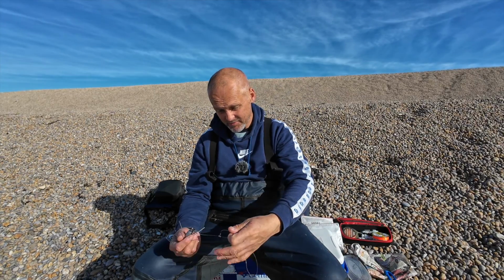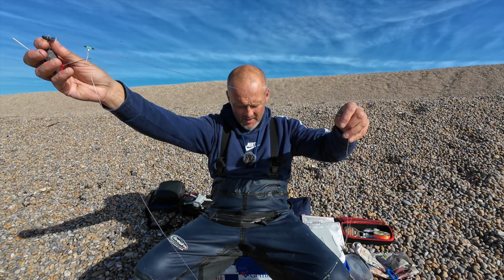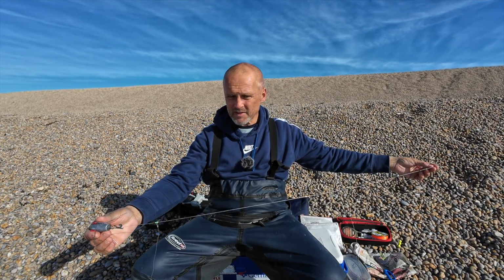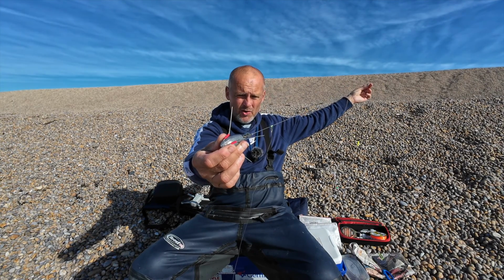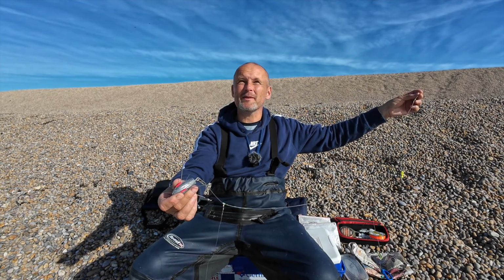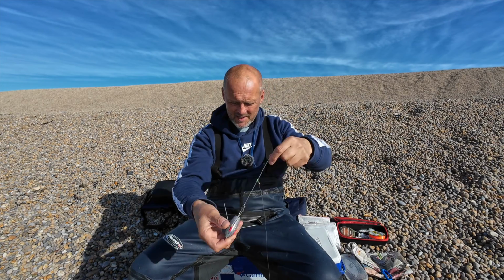Just conscious we hadn't even looked at any rigs. So I know a lot of people look to see what people choose and why they choose it. So one of the rigs I've been putting out today is this. It's a 3-hook loop rig, and it's a combination of a loop rig and a clip down. So the bottom section,